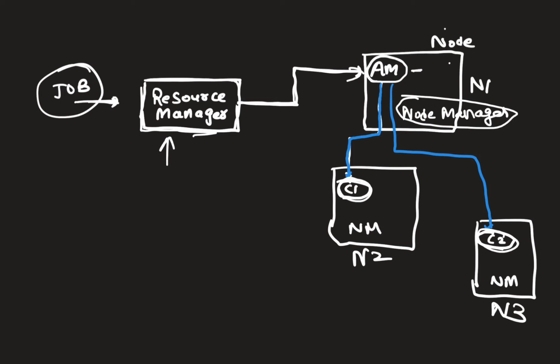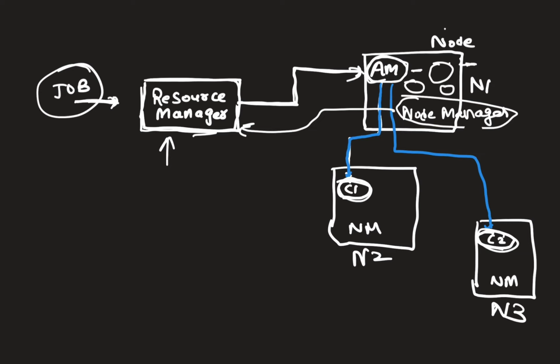So let's say this is my node. In this node I have a node manager process running, but within my node I can have different containers also running. Application master, you can think of as one container, then you can have multiple containers running for different jobs, but you have only one node manager running. The duty of node manager is that it checks what all resources are available in my node, and then it reports the status back to resource manager that okay, resources are available, you can go ahead with this node, right?